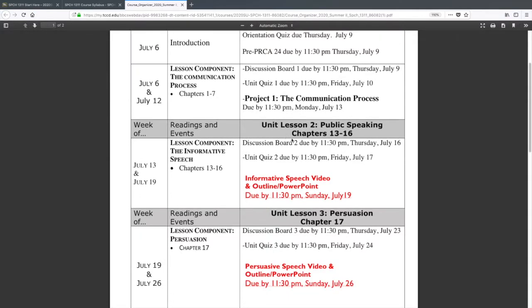And the next one, Unit Lesson 2. Again, it tells you the week of what you should be working on. This is the big one here. This is when you are going to begin your informative speech. You also have a discussion board that is due Thursday, July 16, and a unit quiz Friday, July 17. I cannot stress this enough: you need to view and check your course organizer daily,